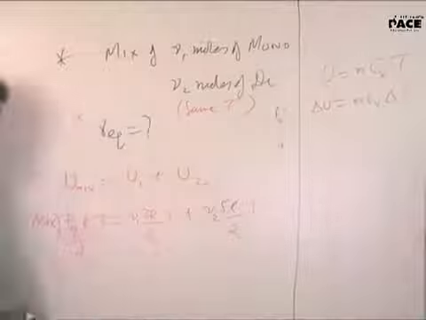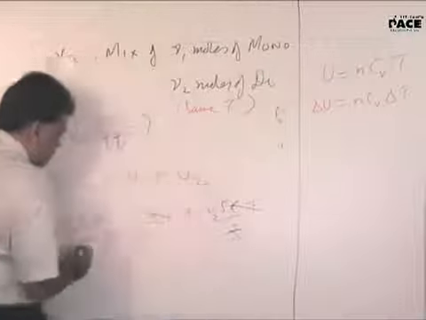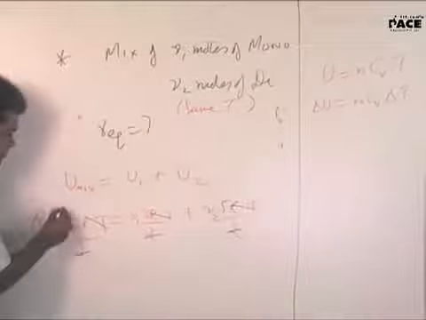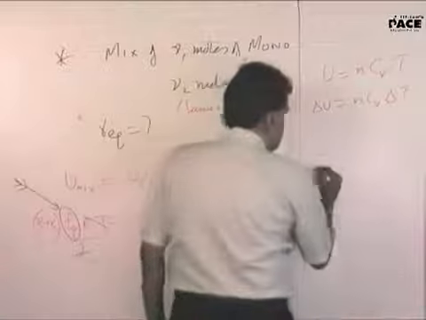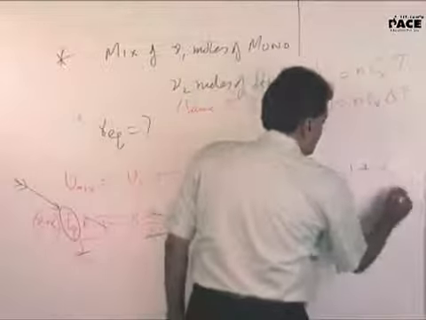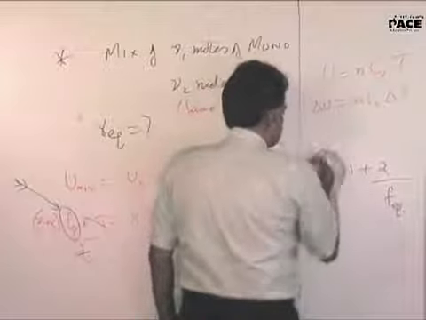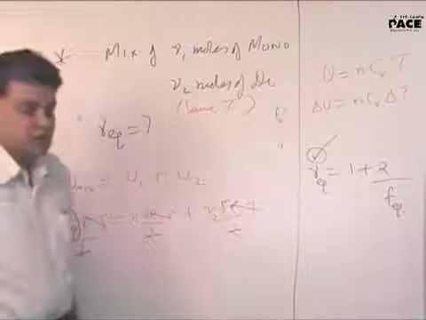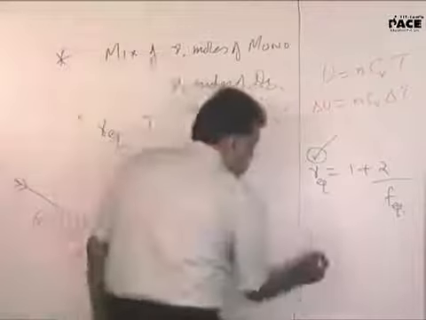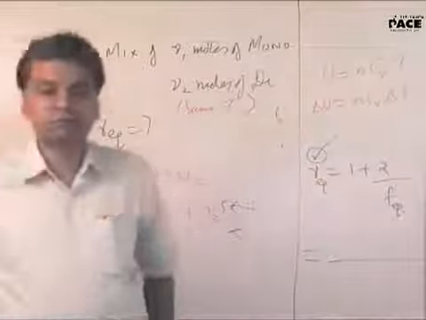So here RT cancels everywhere, 2 cancels everywhere. So f equivalent can be found out, and gamma is 1 plus 2 by f. So if this is equivalent, this will also be equivalent, which is the target unknown. So simplify and get your result. What do you get? Yeah, how much is the answer you get finally? 5 plus